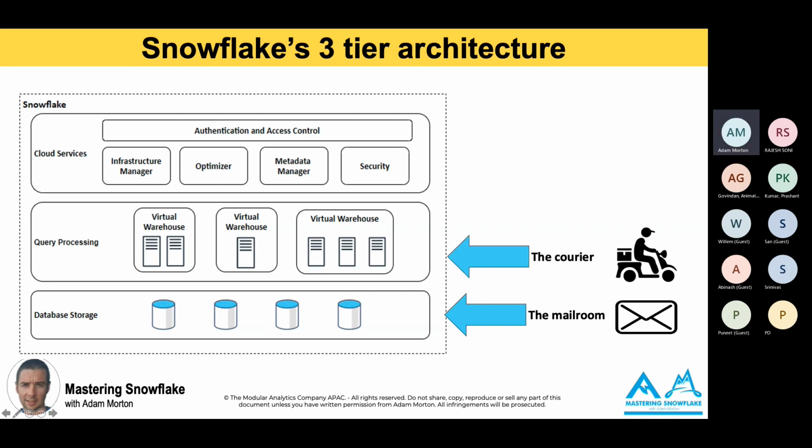You've then got the query processing layer. This very much acts as the courier or the delivery guy, and this handles the logistics of taking the mail from the sender, in this case the database storage layer, and working out the quickest and most efficient route to deliver it back to the person requesting it. So once it's delivered, it can obtain a response and return that to the sender to let the sender know it's been delivered. Now, the virtual warehouse then is the delivery mechanism, and it provides the resources. So in this case, compute and memory resources that allow deliveries to take place.